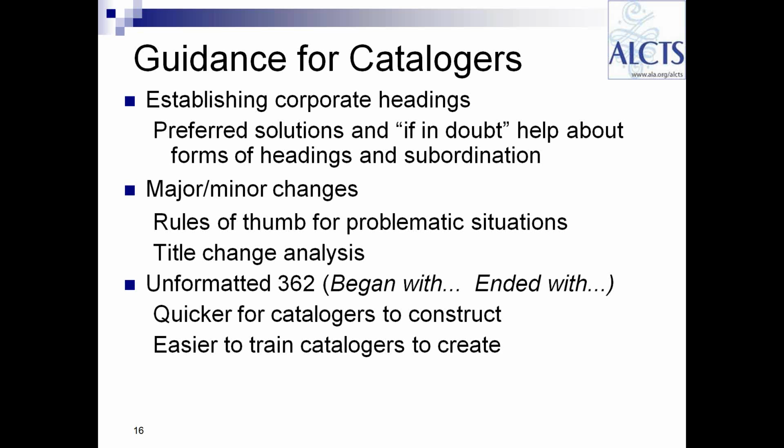But in general, the guidance, what we were requiring for catalogers, which is actually a change in practice from AACR2, was to always use an unformatted 362. The reason for that was it was quicker for catalogers to construct, and it was easier to train catalogers to create that. I always referred to the AACR2 practice, which has been carried over into RDA,